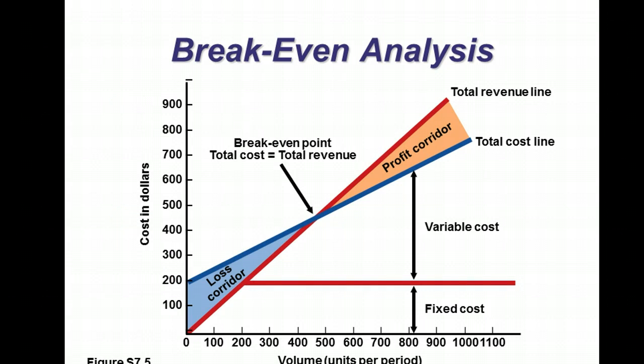And, as you would expect, if you're doing real low production, you're losing money. And in a world where you don't have diseconomies of scale, the more you make, the more money you're making. Now again, you don't want to be anywhere near this break-even point. You want to be way to the right of it. I mean, you're not in business to be getting by. You're in business to be able to not only pay your employees and all that, but reinvest in the company, come up with new products, all that kind of stuff.